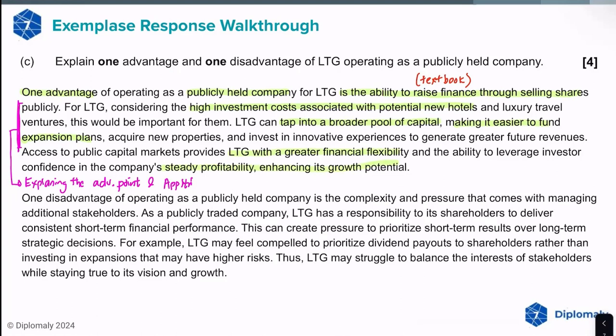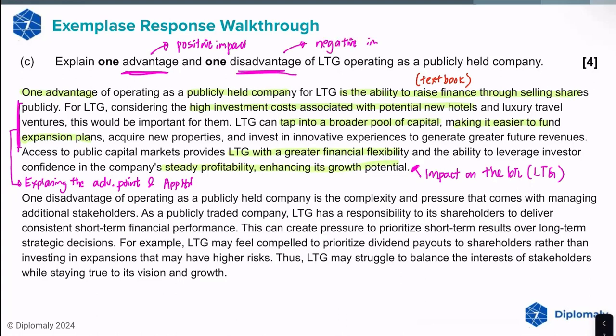So here, the impact is on the business, which is LTG. Okay? And this impact, remember, if you're talking about an advantage, the impact should be a positive impact. Okay? If it's a disadvantage, then it'd be a negative impact on the business. Does that make sense? So if you take a look at the next paragraph, okay, again, you start off with